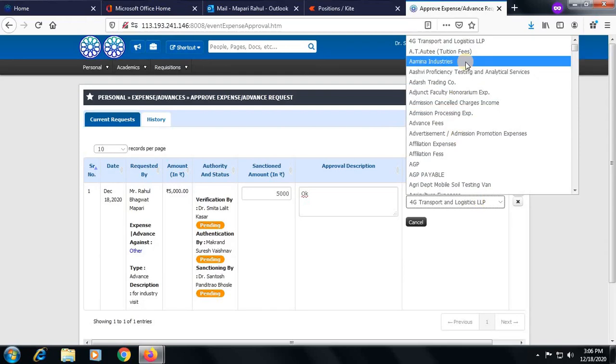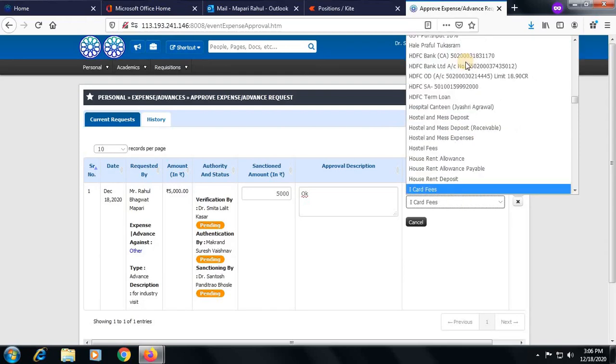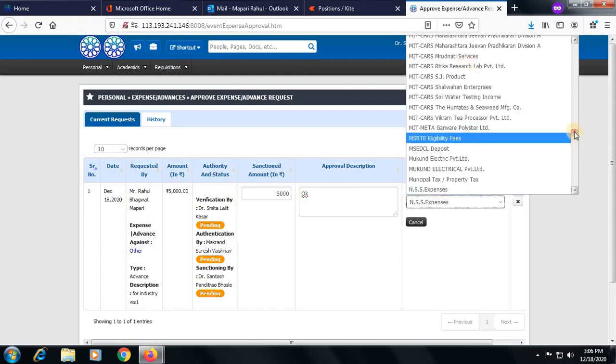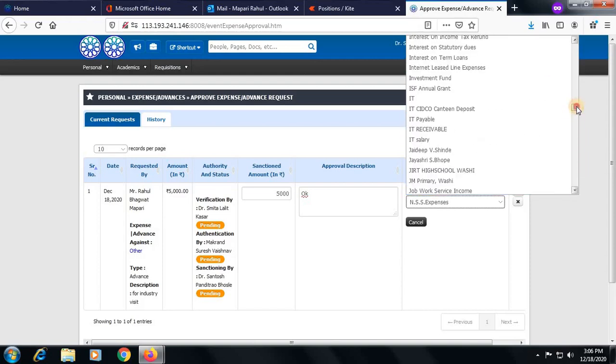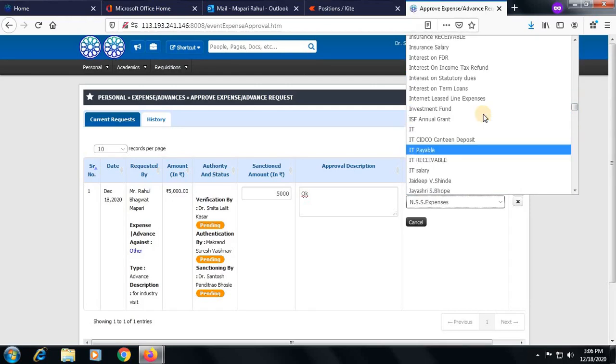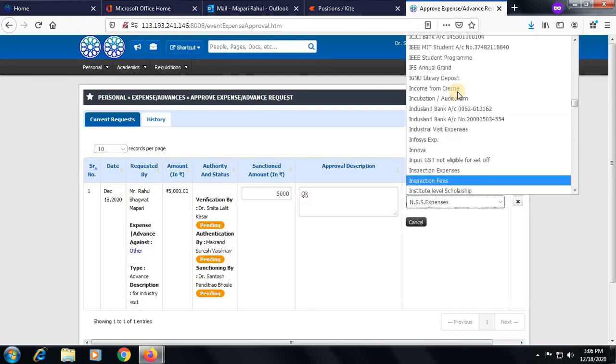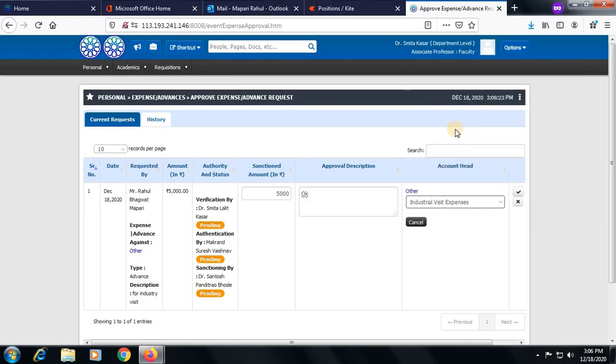So this payment can be made against the industry visit ledger. So here we select industrial visit expenses and then click on this button approve.